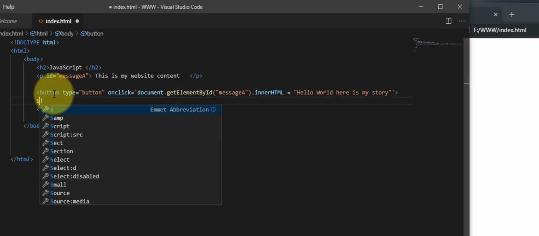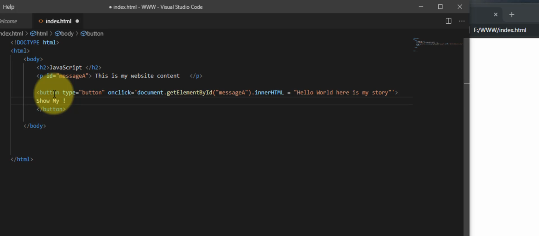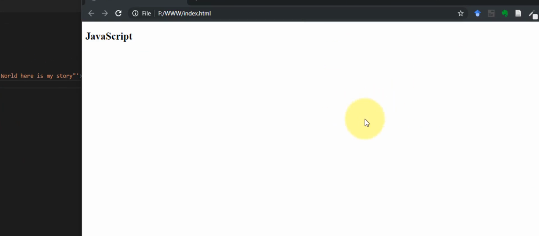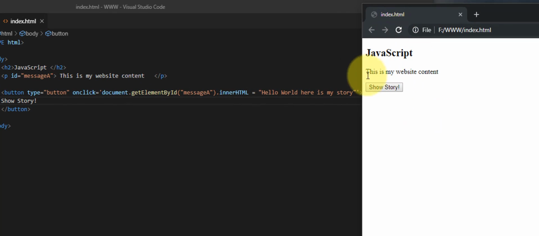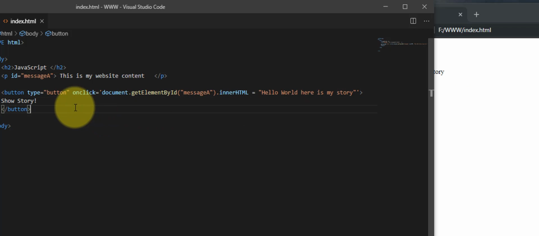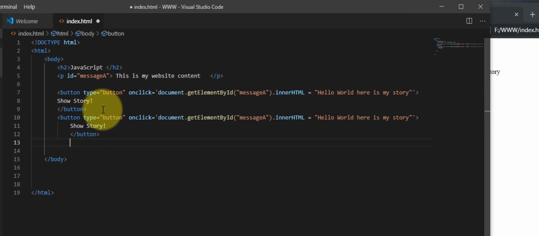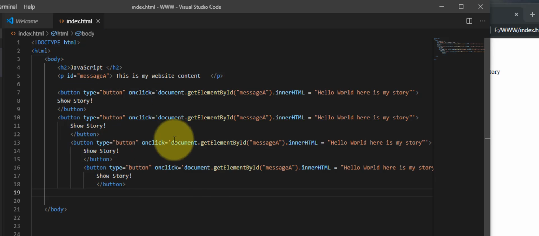Or show story, or door 1, or whatever. So now I'm going to go back here, and I'm going to close this by hitting F12 again, and I'm going to refresh this, and there you have it. You have your JavaScript embedded into there, and now I'm going to hit show story, and as you can see, it changed the story. And you can do this as many times as you want. It's a really good idea to test these things out. However, because they all access the same thing, it'll almost look like